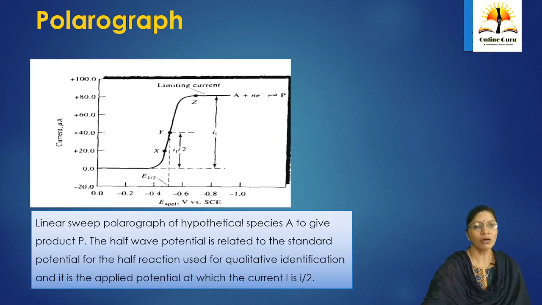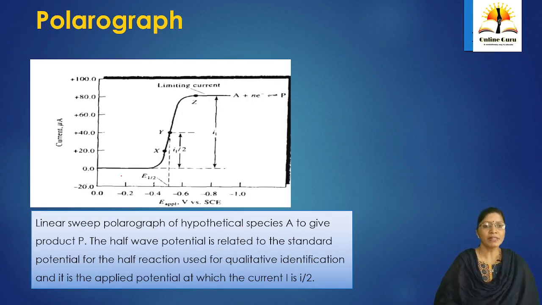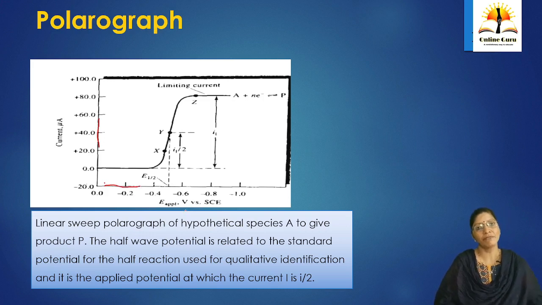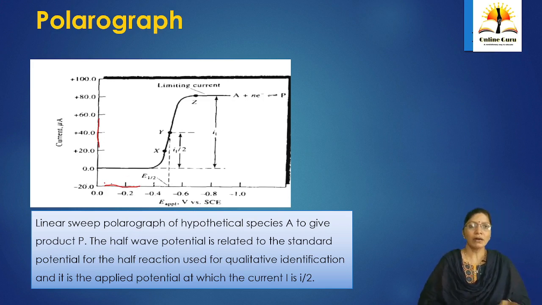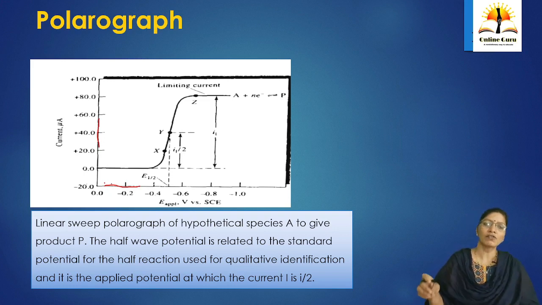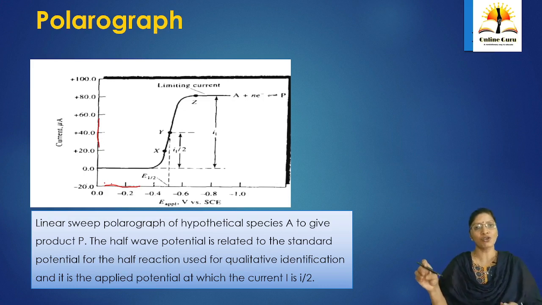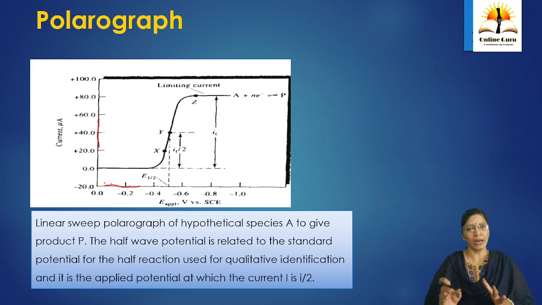So these are the parameters that are going to come from a polarograph. So what is a polarograph? The y-axis represents current, and on the x-axis we have the potential applied with respect to the standard calomel electrode. Now we are going to have a negative scan. What is meant by a negative scan? We have already talked about it. It is behaving as a cathode, and a reduction process will be taking place on the dropping mercury electrode.